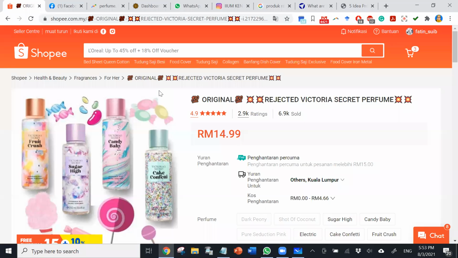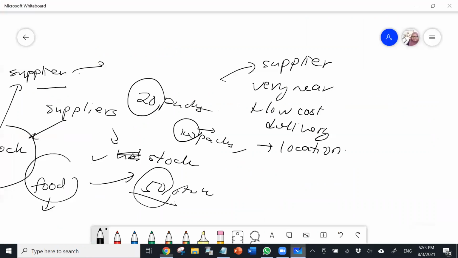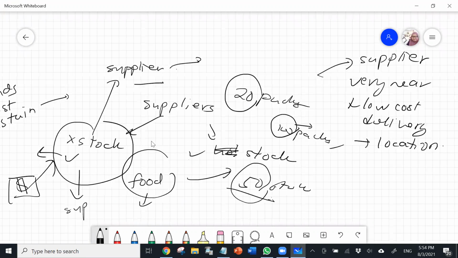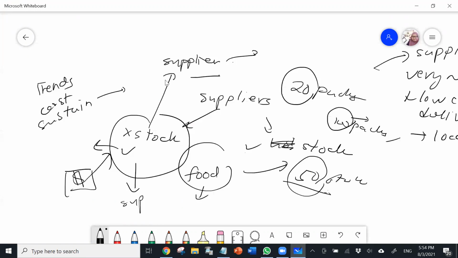And my advice is, if you want to hold stocks, make sure the supplier is very near to you. In case, let's say, they cannot deliver their product, you can actually fetch the product from them, and it's quite low cost, and they can actually give you delivery to your location. For example, if you want to find dropship that is not holding any stocks, for example, accessories and so on, I would suggest you go to